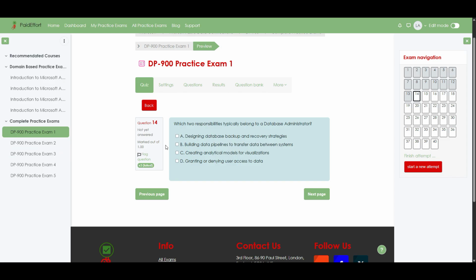The correct answers are A. Designing database backup and recovery strategies, and D. Granting or denying user access to data. Now let's go through the explanation. Database administrators are responsible for ensuring that data is protected and recoverable. That's why they design and implement backup and recovery strategies, making sure information can be restored if systems fail. They also manage security by granting or denying user access to data, controlling who can view, update, or delete sensitive